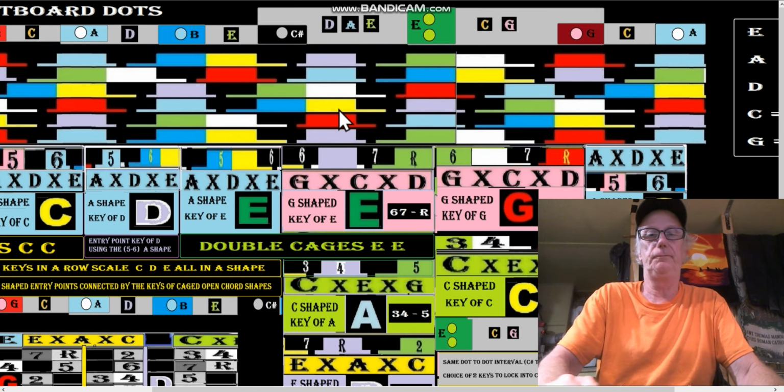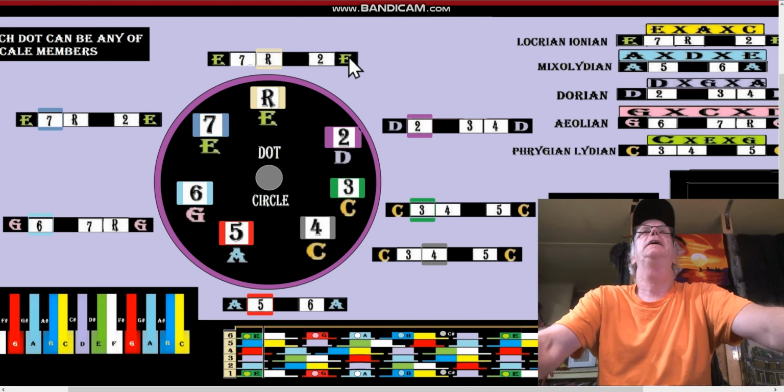So there we go. So back to here. For the key of E, our best choice is going to be probably the E shape right here. All right, but remember,